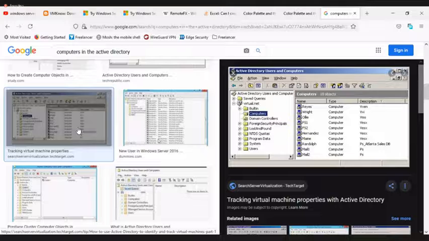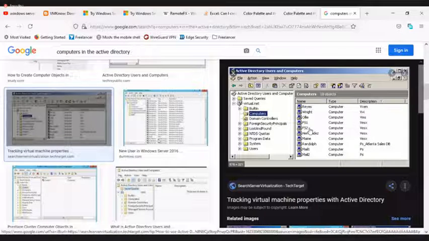Now, if you change the name of the computer after adding to the domain, then you will have a problem, right? The name here shows one thing, and on the computer it's a different thing. So then it will not work, right? Because when you add to the domain, that name is actually added here. When you change it, it will not automatically update here. So you will have to remove it from the domain and add it again if you change the name of the computer, right?